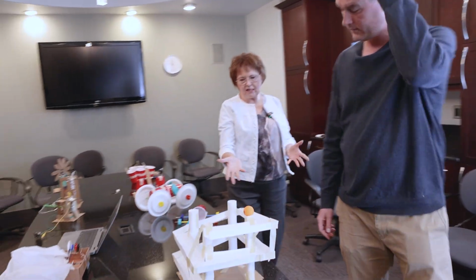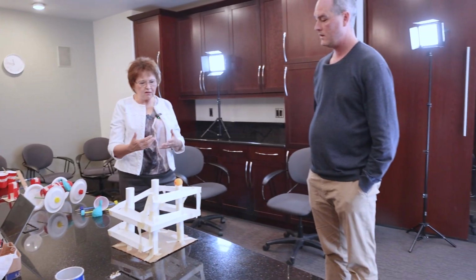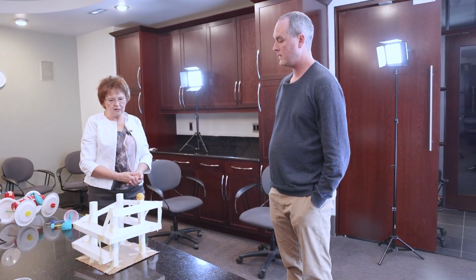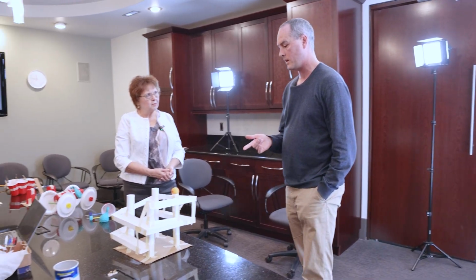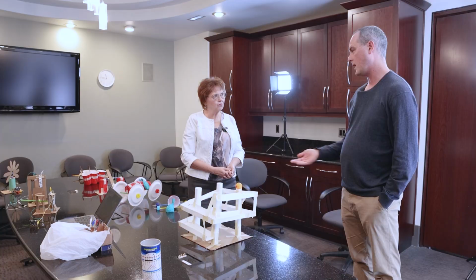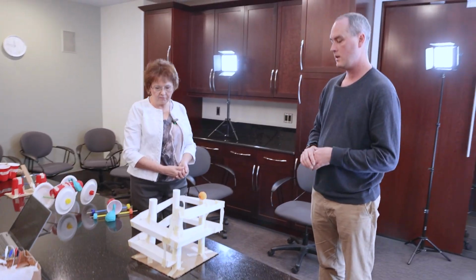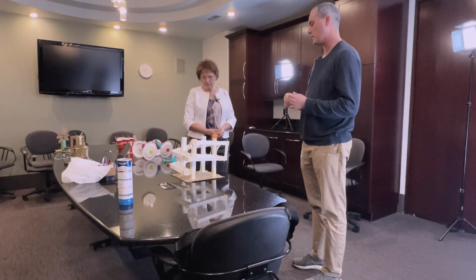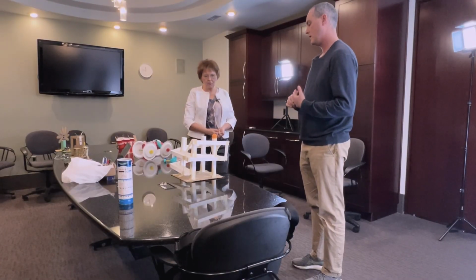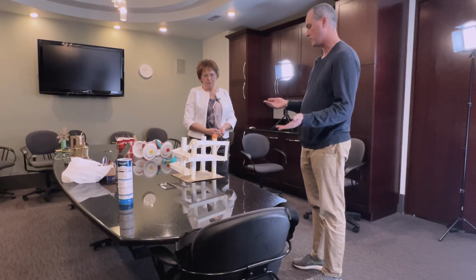I know people always see this kind of thing in malls and all sorts of places, but what is the reason you're using this? This one is inspired by those marble runs that you sometimes see in a mall, or kids often have sets where they can take a marble and it goes down slides and bumpers and loop-de-loops and things like that. So this is the paper version of that. I think it's probably the most cost-effective project that I do, because it's literally just paper and tape and